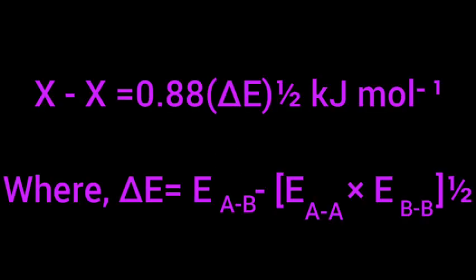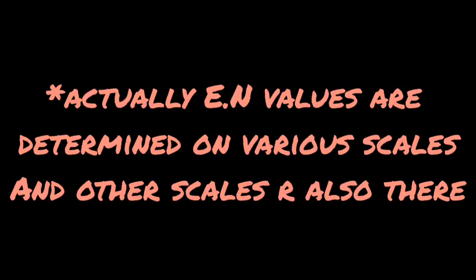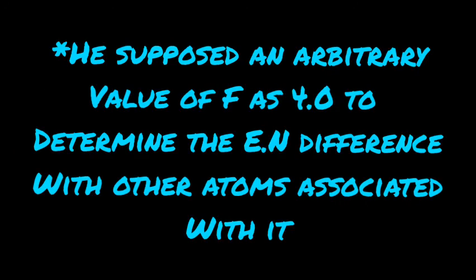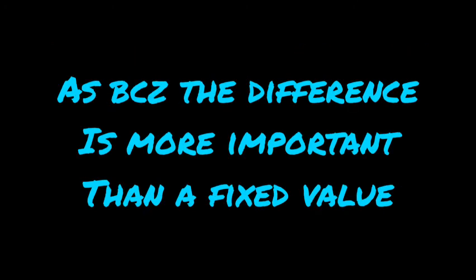But it arises only when there is a difference between the different atoms bonded within a compound. Linus Pauling related the electronegativity difference of two atoms, according to which a formula was given. But they have no such fixed values. That's why it's important to determine the electronegativity difference. Actually, Linus Pauling also assigned an arbitrary value for the electronegativity of fluorine to determine the electronegativity of the other atoms with respect to fluorine. So, the electronegativity difference is to be measured very minutely, so that we can get an idea how the chemical bond is going to occur.